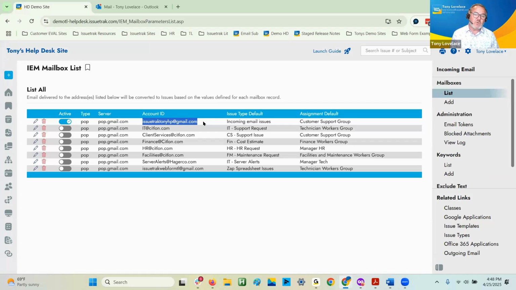So I'll switch over, show you what that notification looks like, and show you how your team can resolve these tickets without even going into your Issuetrak. Of course, they can, but they can also do this by email, both the submitter engaging the team to get some help, and your technical team or your service team handling the request. So let's pull up a